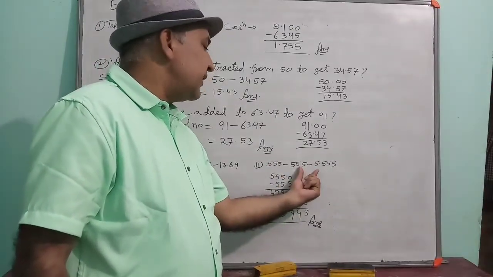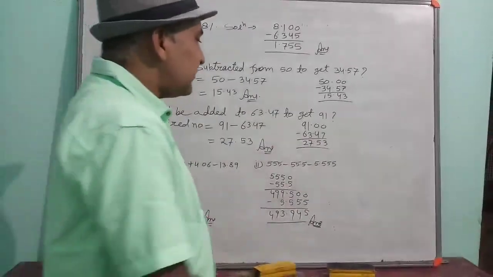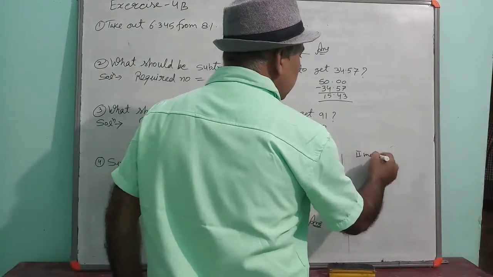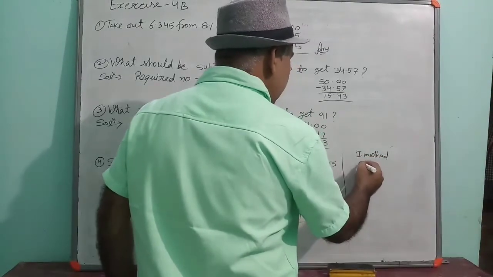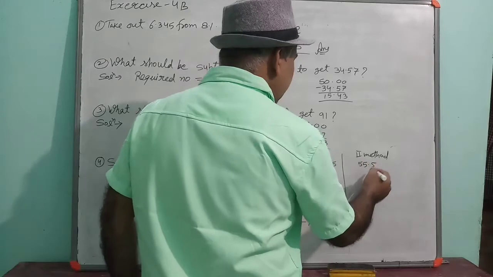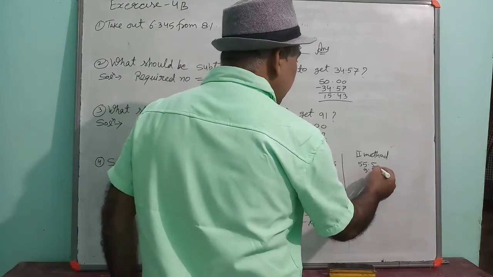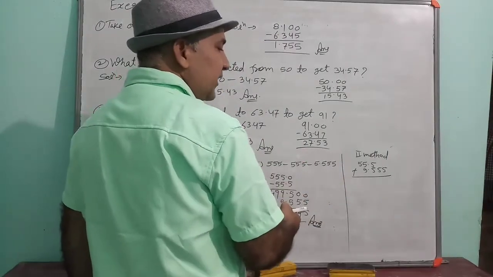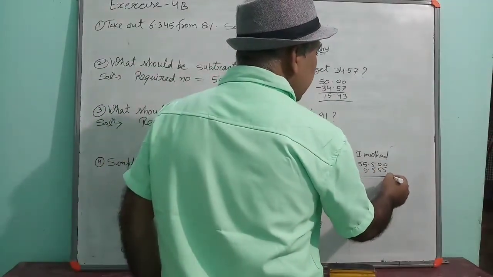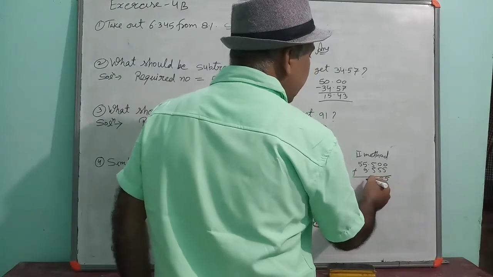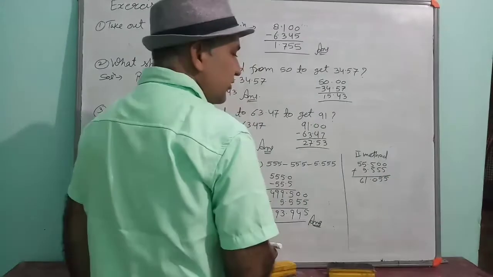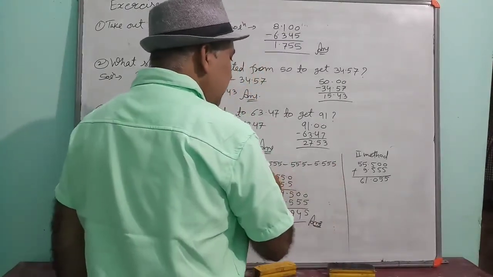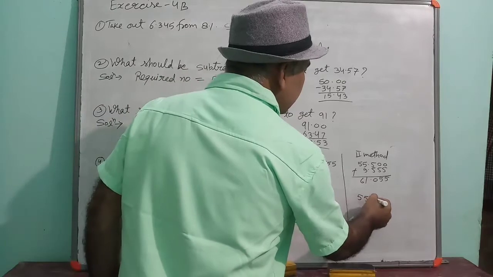Both the numbers are negative. So first you can add these two numbers. See, this is the second method. First add these two, 55.5 and 5.55. Add these numbers because both are negative. So increase 0 here. 5, 5, 10, 11 and 6. 61.055 is coming. Now subtract this number from 555.